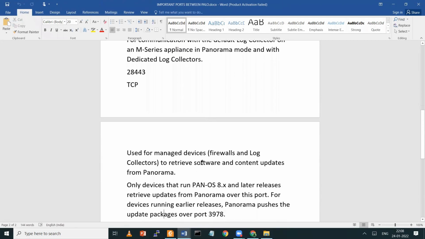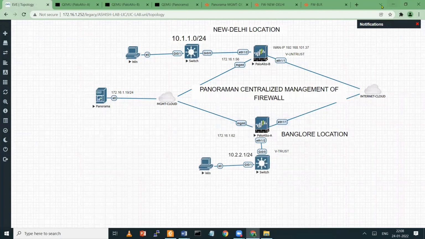Other things you can just read. And there's another port, TCP 28443, required also for the log collector, and it is also required to retrieve software and content updates from Panorama. Let's suppose you are doing an upgrade process, meaning you want to perform an upgrade from Panorama.